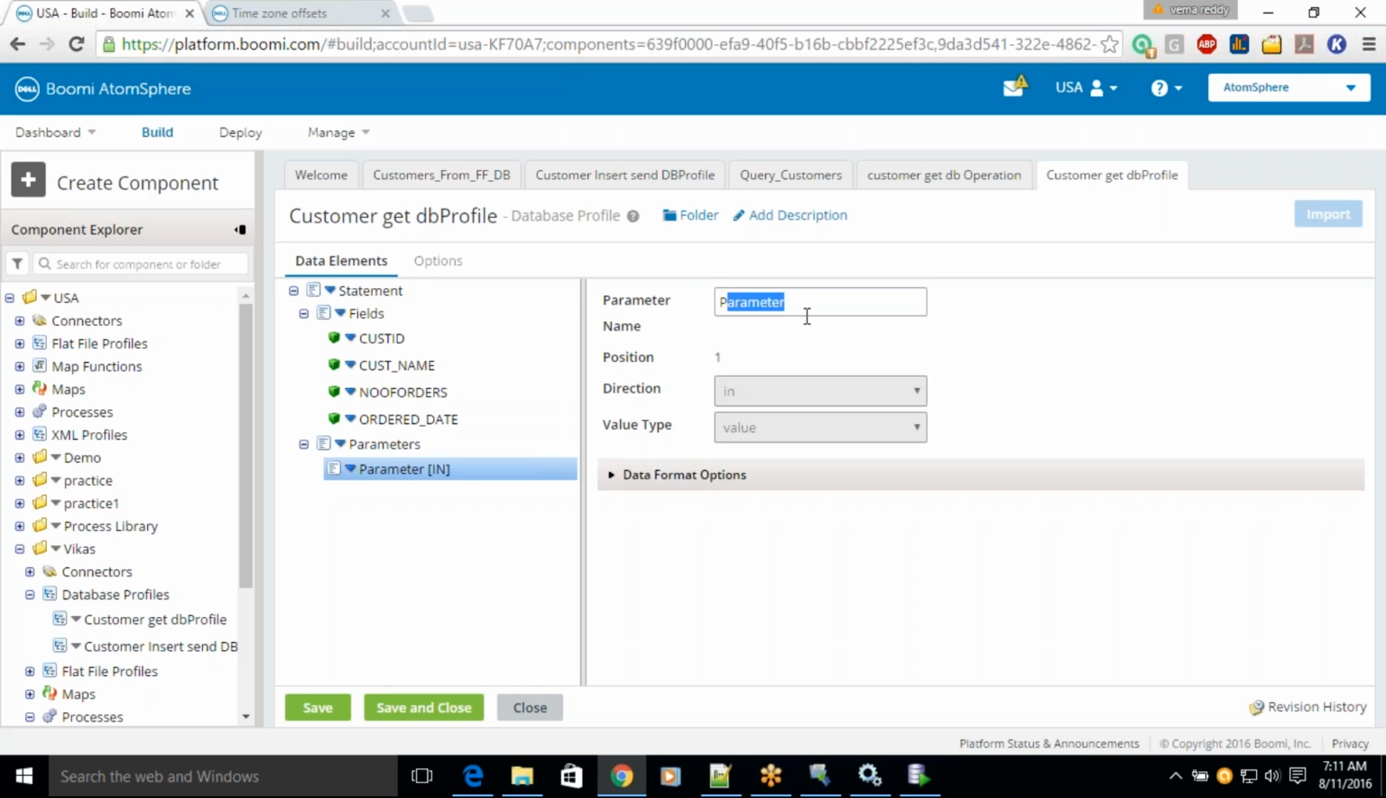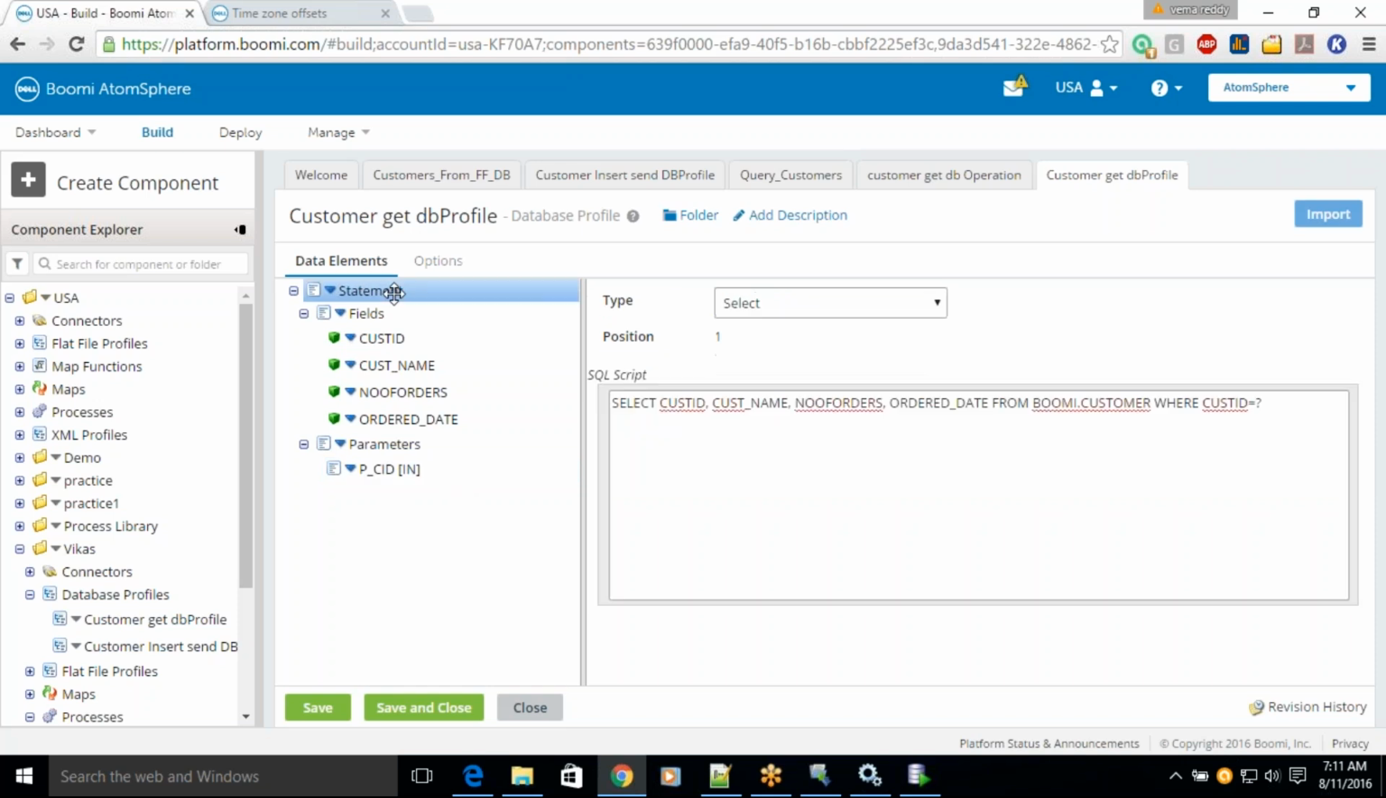Always give the parameter names like p underscore cid, anything that starts with p, so you can identify it's a parameter. So at runtime this question mark would be replaced by this parameter. But if you have multiple question marks, we have to maintain the sequence here. Let's say we have cust id,